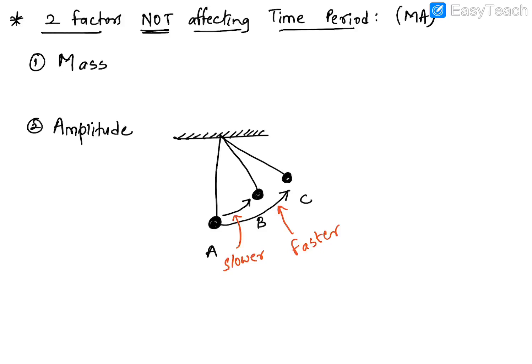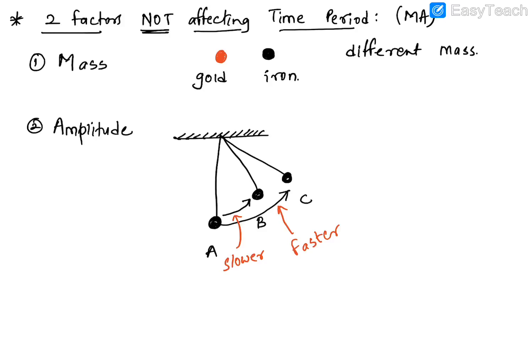So when I say the bob is made out of gold or out of iron, it will not matter, remember. Whatever the mass is, it does not matter. Whether it is made of gold or iron, the time period will remain the same. They are of different masses, obviously, because the densities are different, but your time period would yet remain the same.